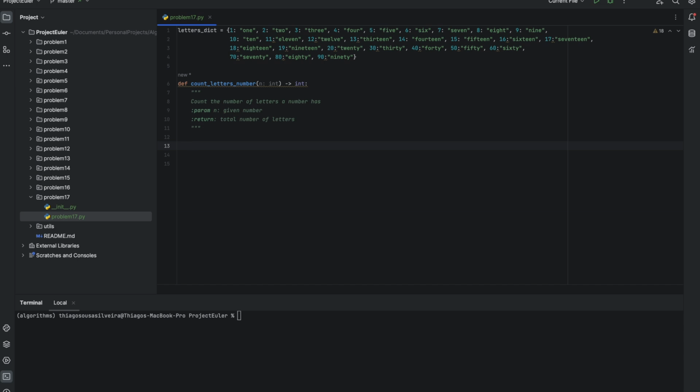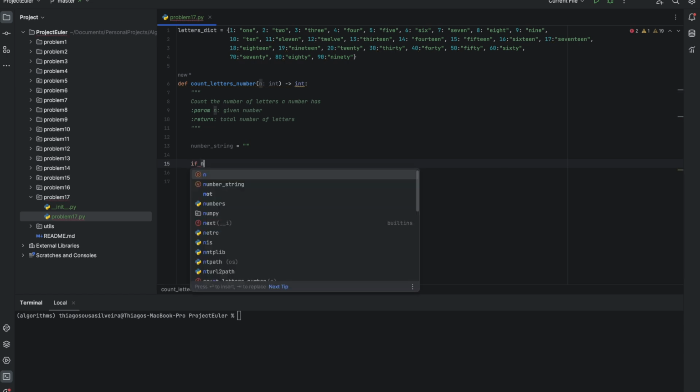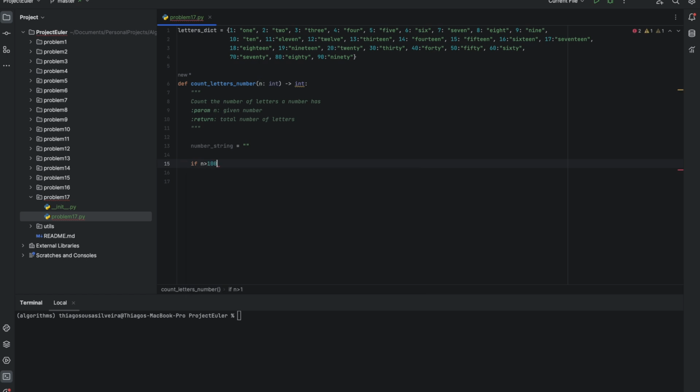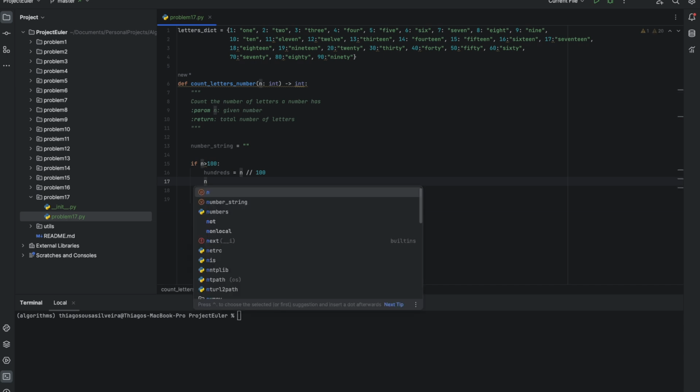What I'm going to do then is to create a number string, starting empty. And then I will check how to combine the words in the dictionary here in order to deal with that. Well, the first thing is if this number is bigger than 100, then the number will have 3 parts. We'll have the hundreds part, the tens part, and the unit part. So hundreds, then it's going to be this part. How many hundreds are there? And the rest, then I will have,